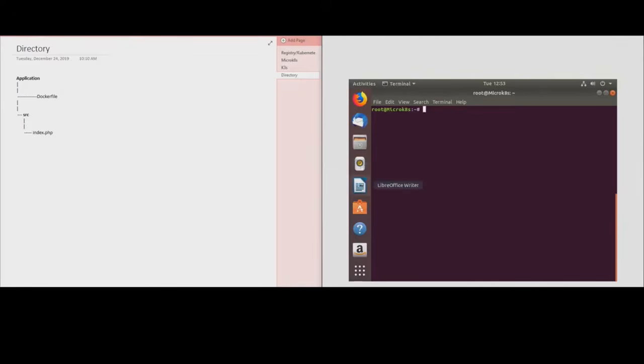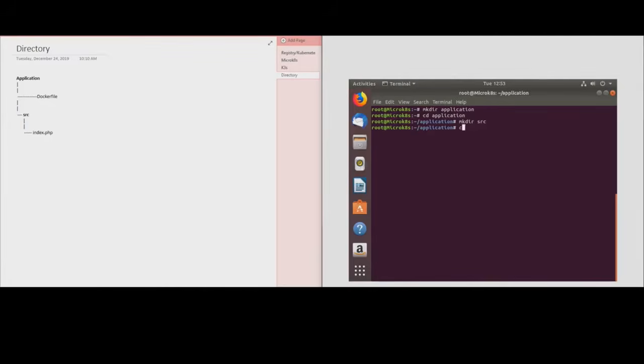I'm gonna create a directory called application. Inside it, like I said earlier, will be one more directory called source. It's gonna be hosting our index file, while the Dockerfile will be outside of the source directory, like I have shown in the tree. So we'll go to the application directory, create a new directory called source,